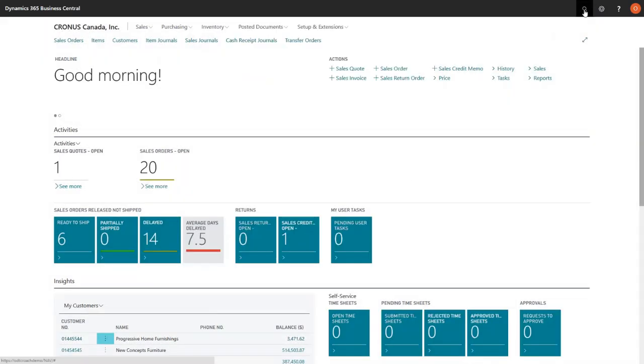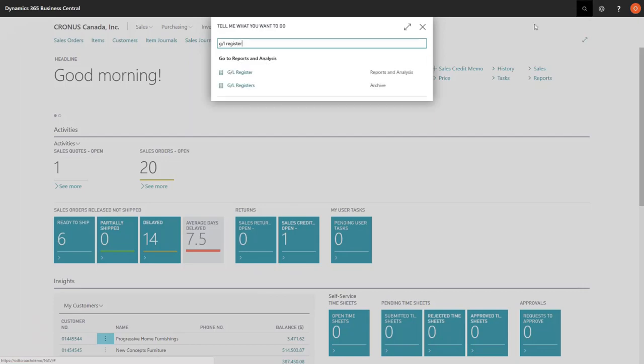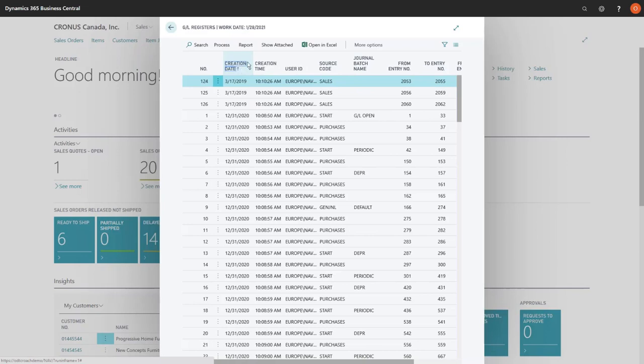Oops, I ran the report, not the table. If I go to the archive, that's the posted records there. So if I maybe just click this creation date and sort back and forth, you can see the postings here. And then if I was to drill down on a particular transaction